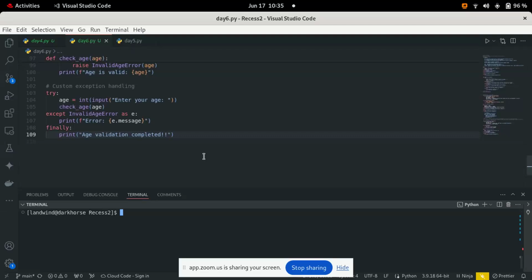I try to access the specific message that is triggered. Then finally, I clean up my code by using the finally block, which prints out edge validation completed.